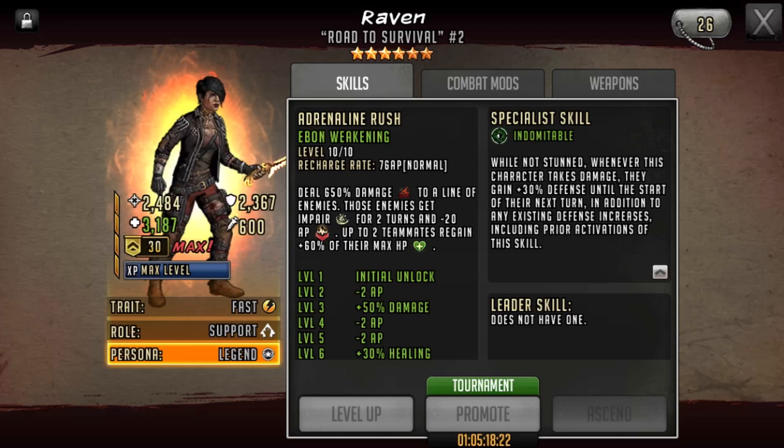Her rush, 76 AP, deals 650% damage to a line of enemies. Those enemies also get impaired, minus 20 AP is applied, and up to 2 teammates regain 60% of their max HP. So that rush is pretty good. It's all-encompassing, it does some damage, it impairs, it stops rushes with the AP drain as well, and it heals